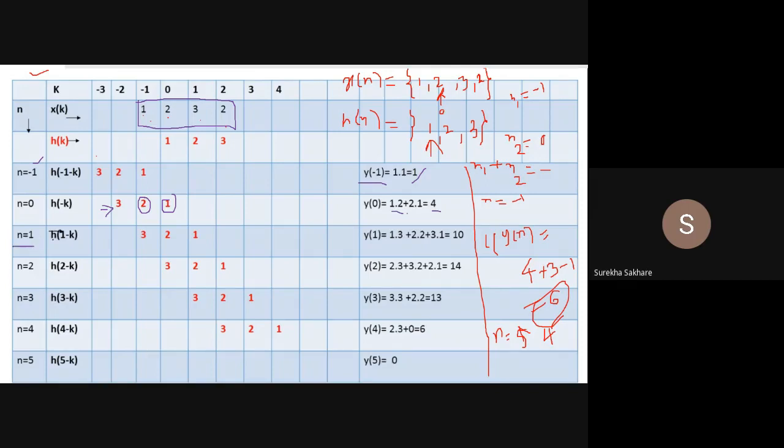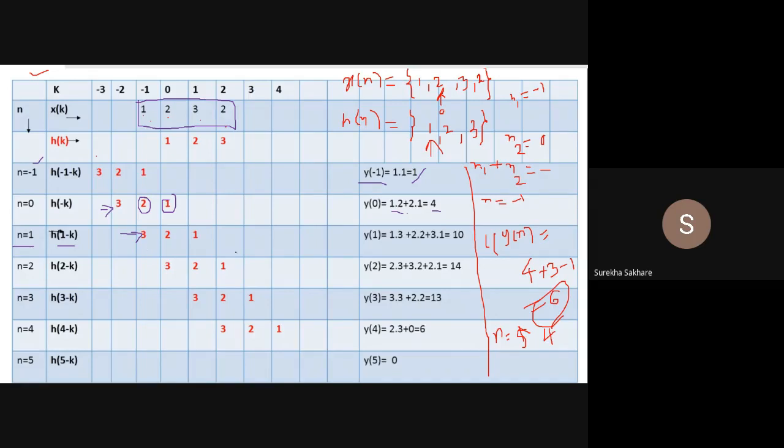Then what about this? At the n value equal to 1. Some drawing has been carried out here, just forget that. N equal to 1. What is n equal to 1 now? It has to be inserted here. So in this, I have inserted 1, which means it is shifted towards this. When I add 1 to minus 2, it becomes minus 1. So it is just shifted to this. So 3, 2, 1, they are shifted to the right.